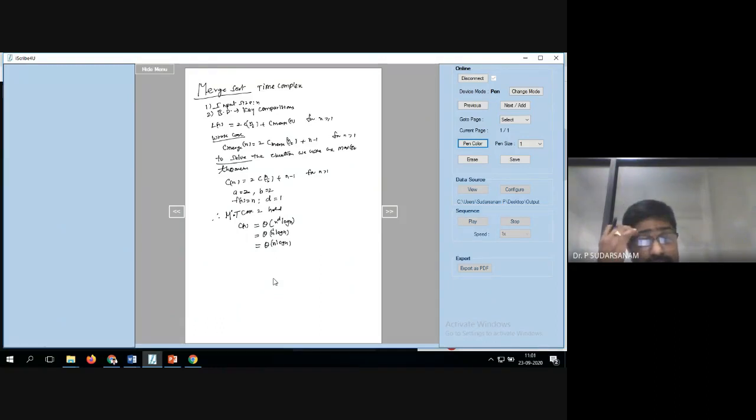Right. Now, the advantages of this: the number of comparisons performed is nearly optimal. Merge sort will never degrade to theta of n square, because you are making n by 2, n by 2 parts, so it will not degrade to big O of n square.